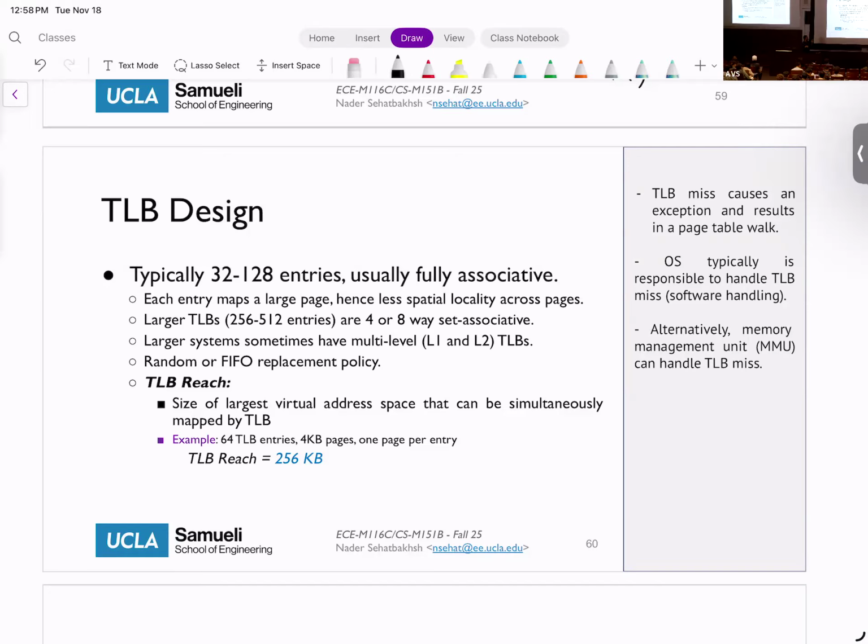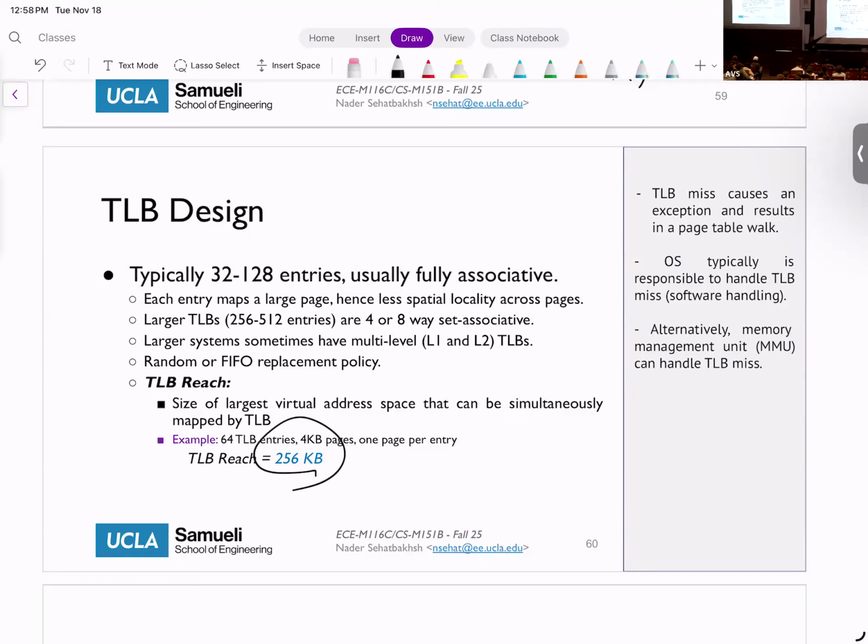Why is this important? In many big applications you go from one address to another, so having a good reach helps reduce the number of TLB misses. If your program is smaller than this, you can guarantee that you never have TLB misses. So it's important to have a good TLB reach, especially for big applications, to get the most performance possible.